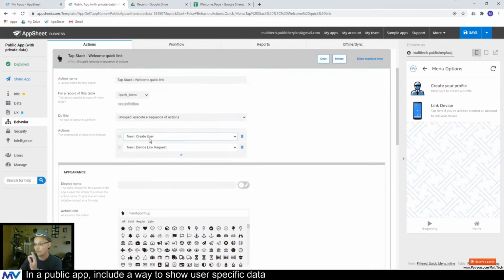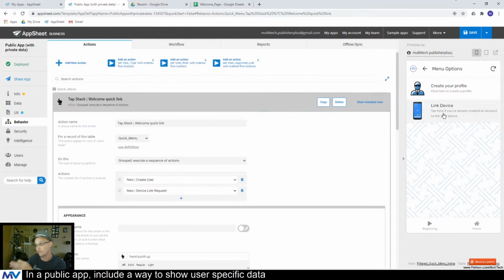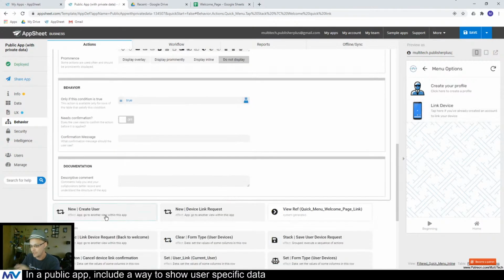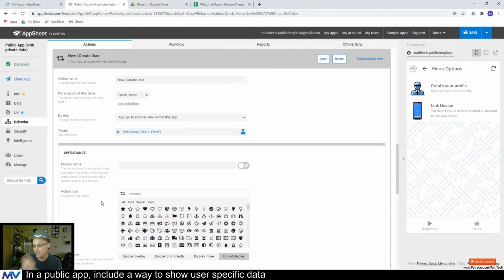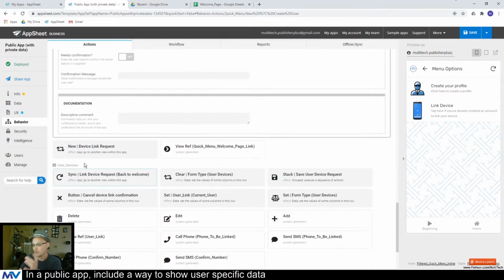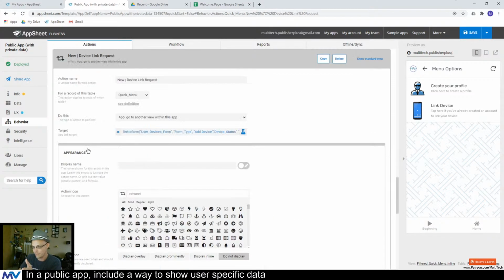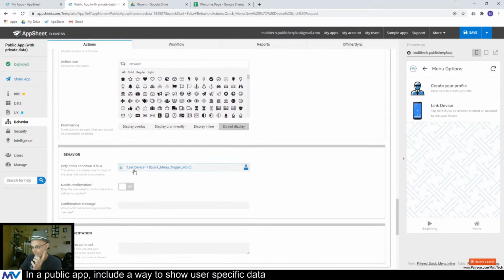Okay, now it's a stack. The first thing is create user. What if I tap link device? Well, the trigger word for link device is not make user, so this create user action doesn't fire off. We go to the device link request: device link equals trigger word. You with me now? So inside your menu options, you include a trigger word,